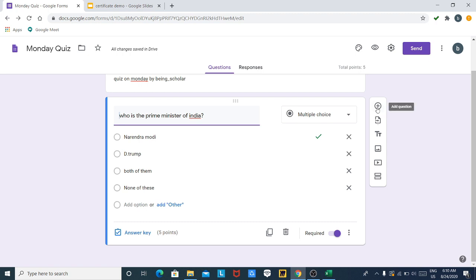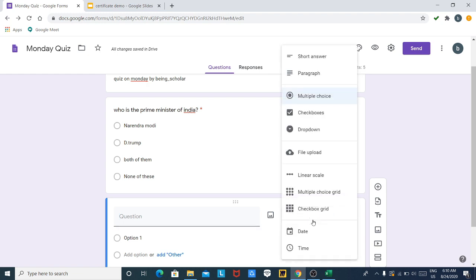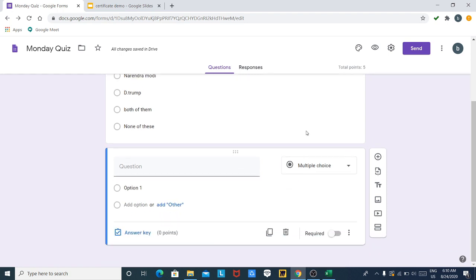In order to add more question, you have to click on plus button, select the nature of the question. You can add any type of the question, but I am again entering multiple choice question. Let the question be, what is the capital of India? Add options.